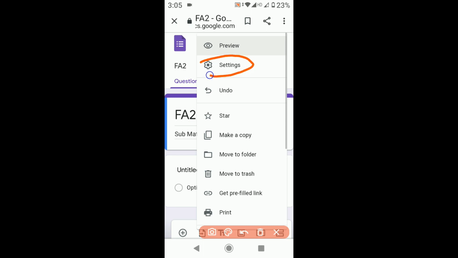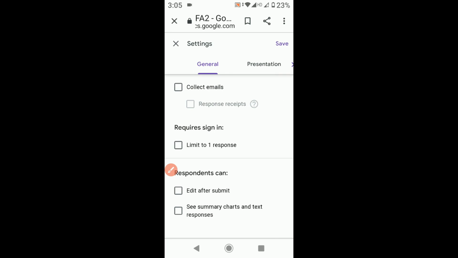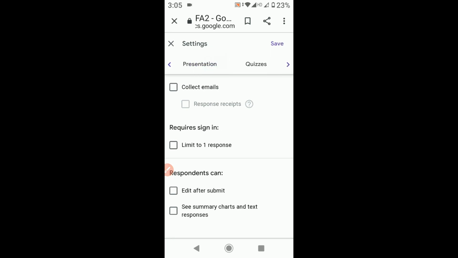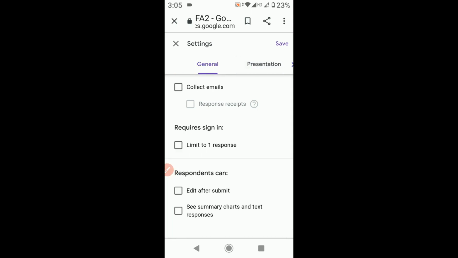In the settings you will find General, Presentation and Quizzes. First we will see General. Here if you want to collect email, you will tick over here, or if your children are very small, then don't collect this email, but you have to limit responses.